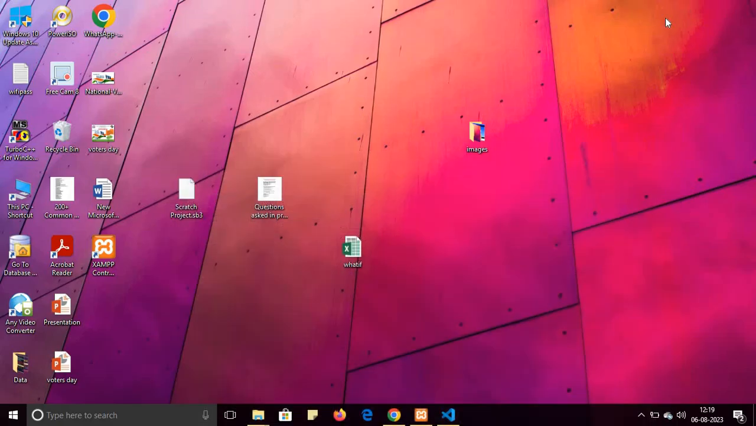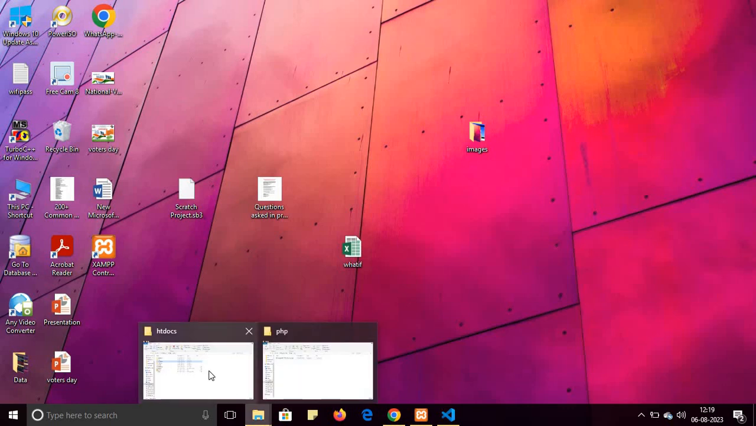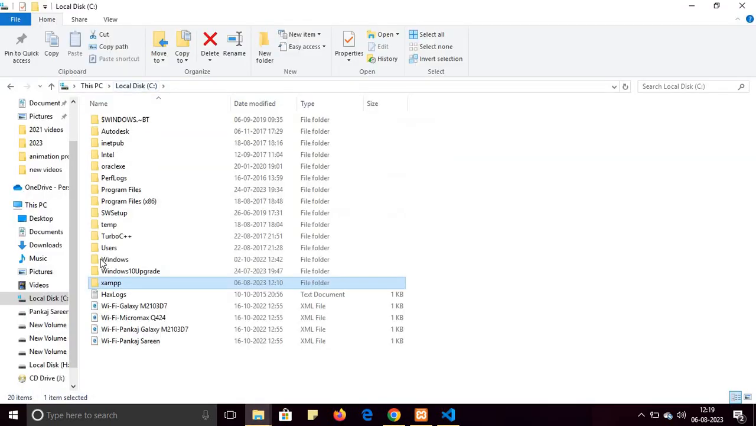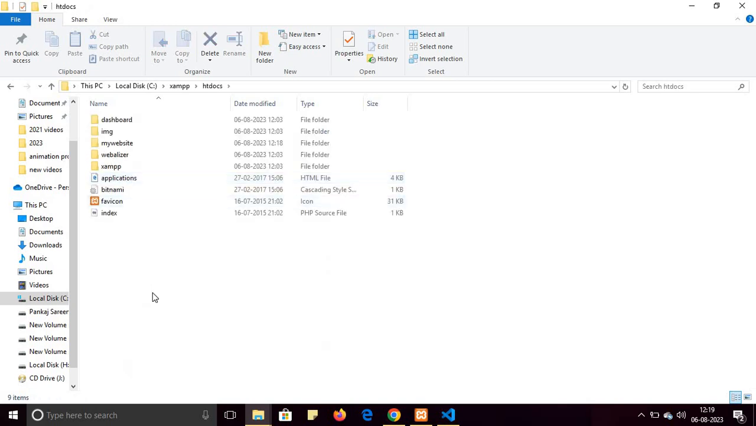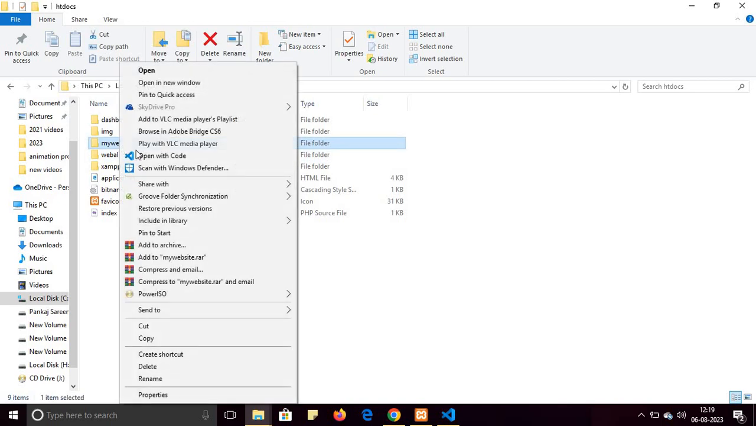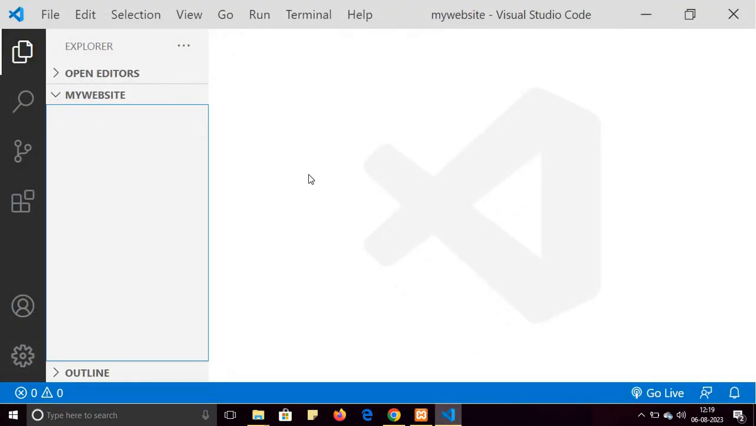And after starting, minimize it and then go to the C drive and then the XAMPP folder, and here you can see the htdocs folder, and create a new folder. For example, I have created my website, and right click and open with code. So when you open it with code, you can see this folder in your Visual Studio Code. Go to the new file and create a new file. So the name of the file is index.php,